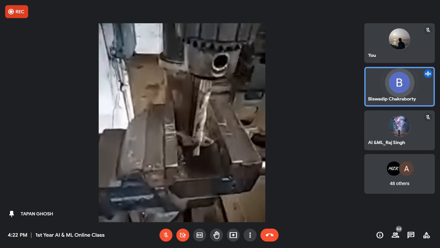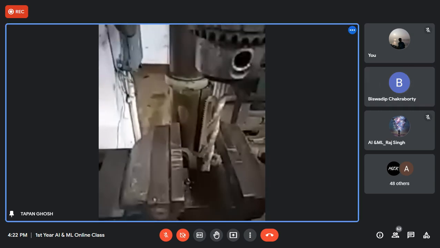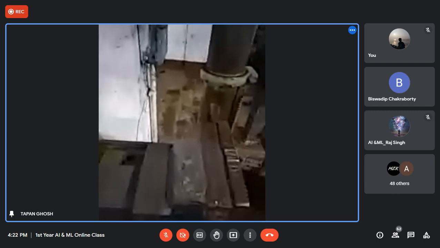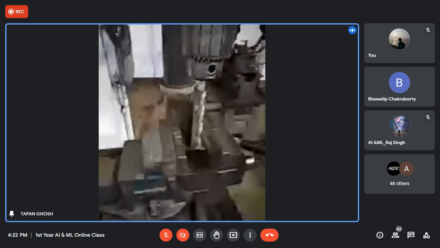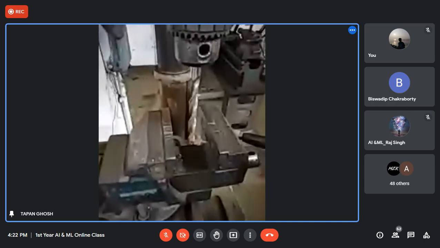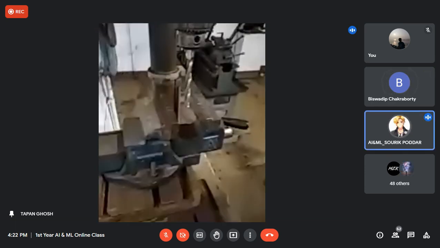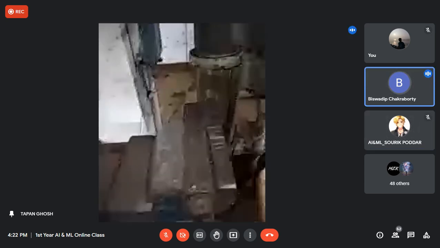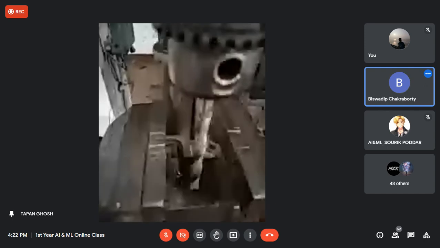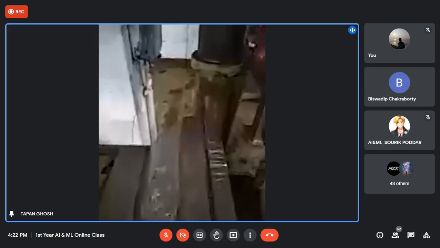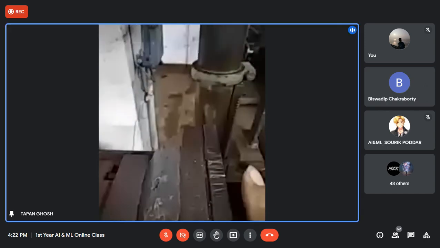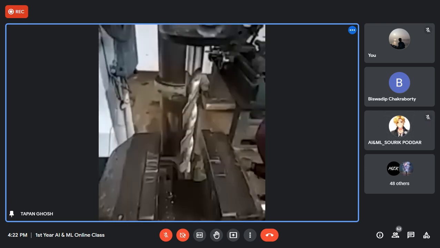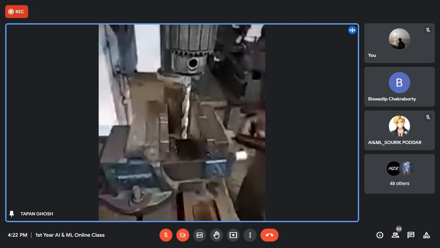This is called a multi-point cutter. You see both sides, the lower side also, cut the material here. Why multi-point cutter? Can you please repeat? This is the type of cutter, spiral. This edge cuts the material, this edge cuts the material, and the lower side, the needle, cuts the material. That is called a multi-point cutter also.